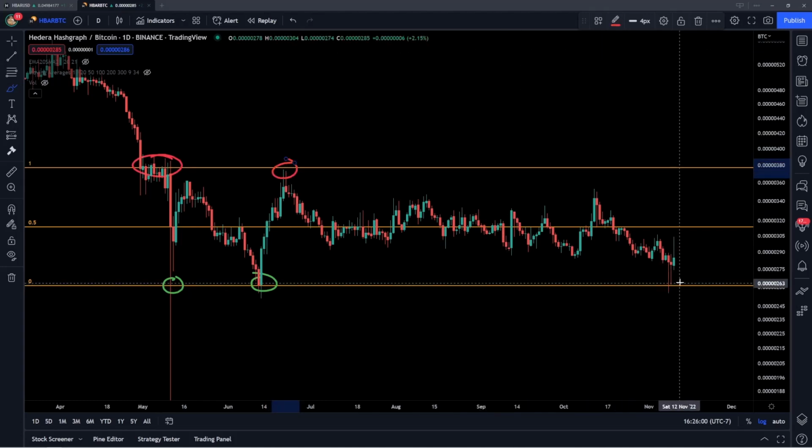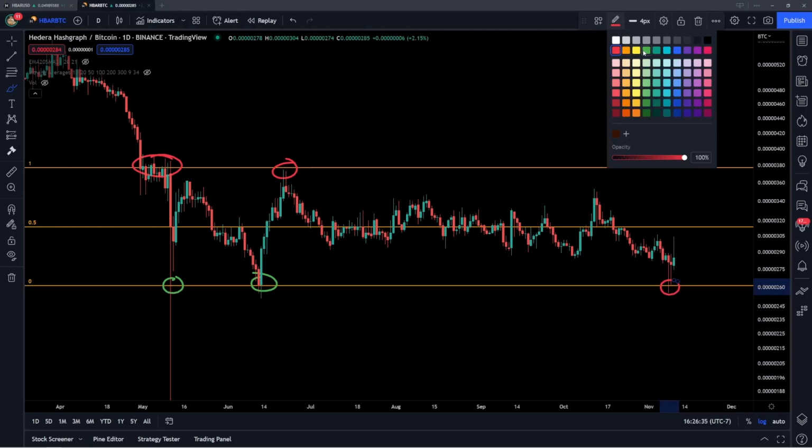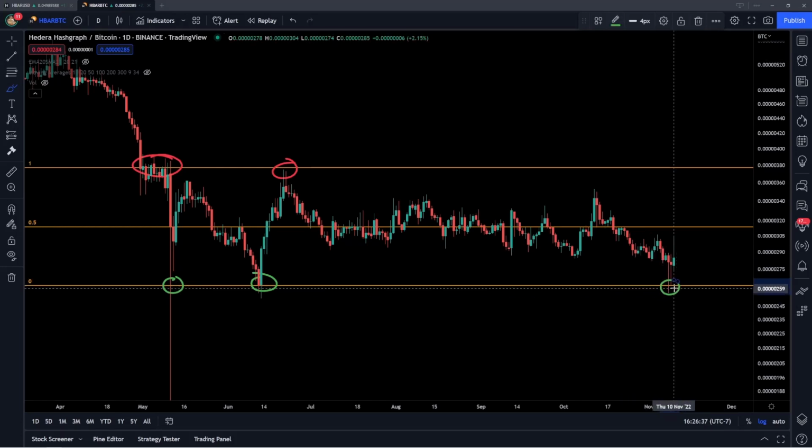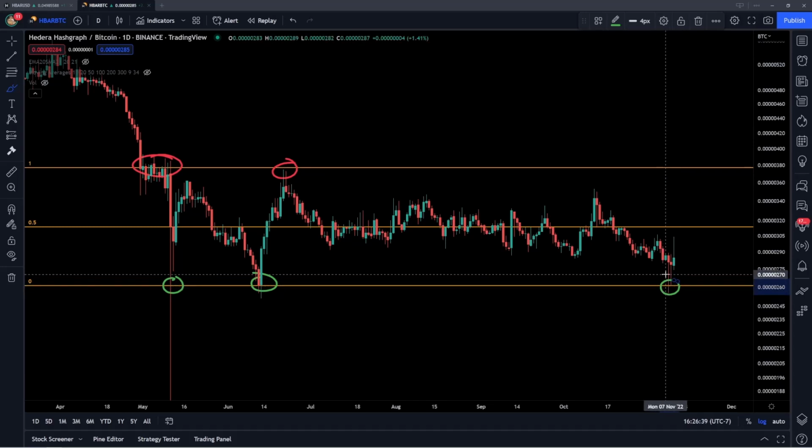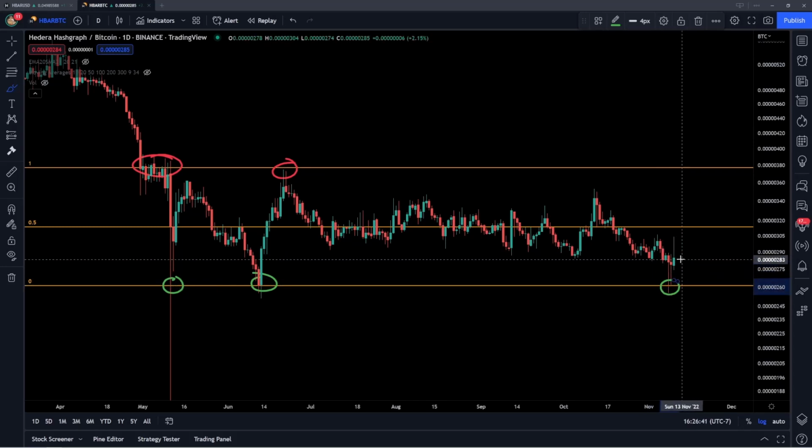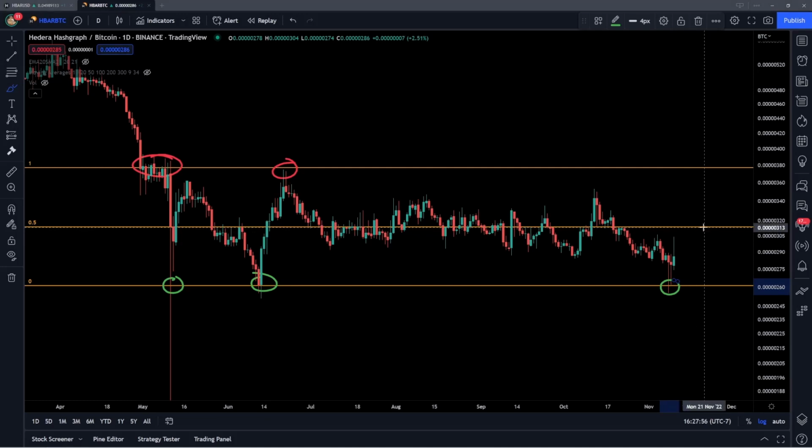And as of just a few days ago, we did get that retest of the range lows. So really watch to see if this can continue to hold as support. As of right now, this is a pretty promising bounce. We do have some follow through. So I would look to see if we can start to get back above the middle of the range, which is again at 314 Satoshis.